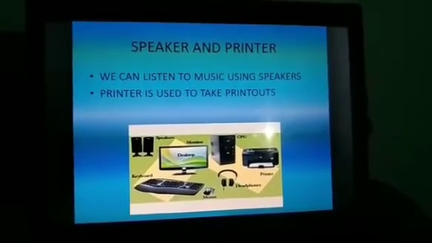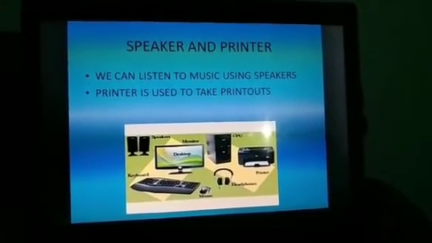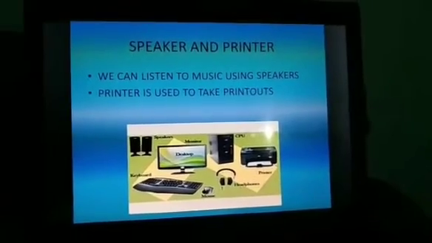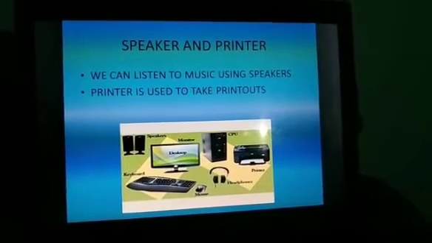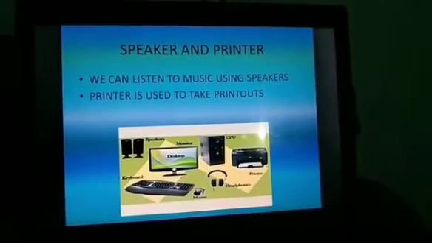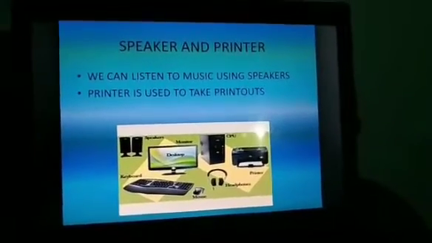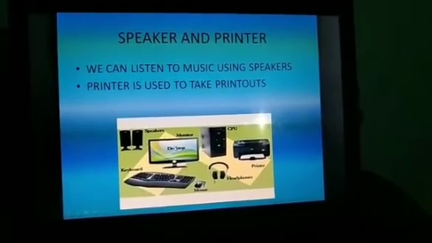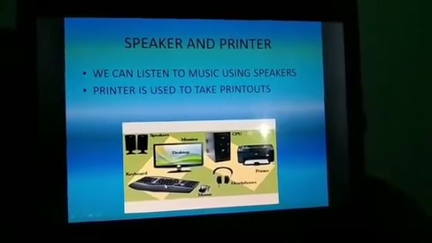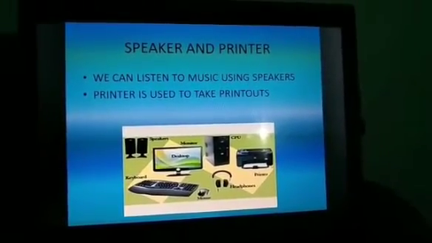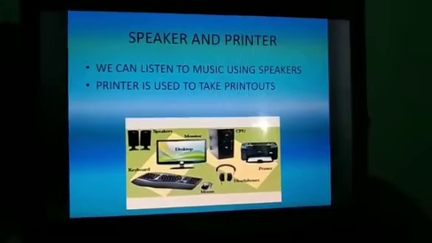These are the parts of the computer and we learned how each part is essential in the computer and what the work or use of each part of the computer is, right? What does the monitor do? It is a display unit which is used to display text and images. See, this is the monitor that is used to display the text or images, and the keyboard is the device through which we can type letters and numbers.